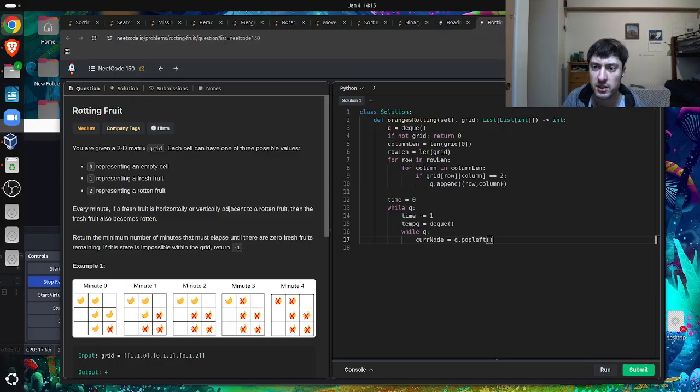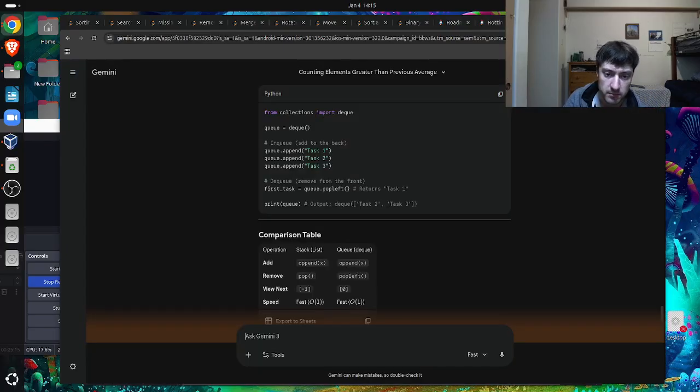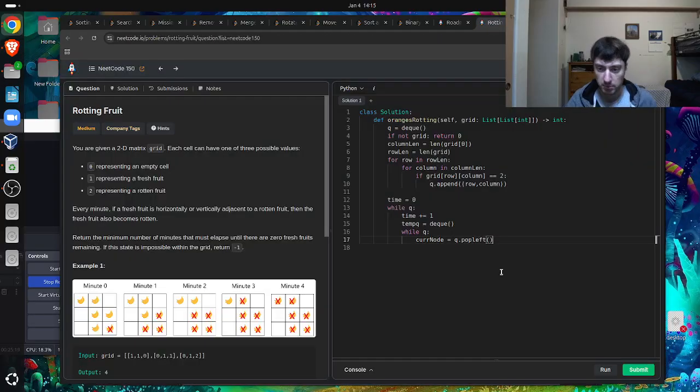Is it capitalization? Hold up. No, pop left, okay, cool. So I took it out of the original queue, but I'm not going to put it into this temporary queue, or I'm not going to put all of the adjacent ones into my